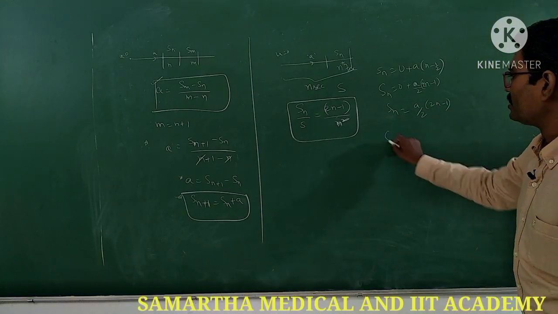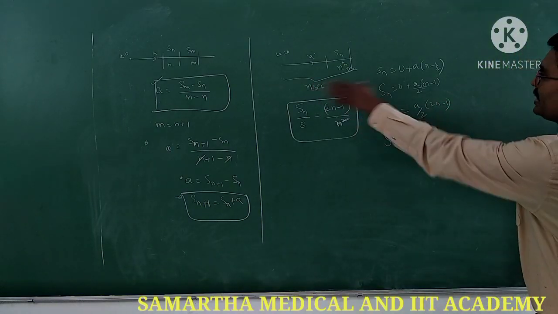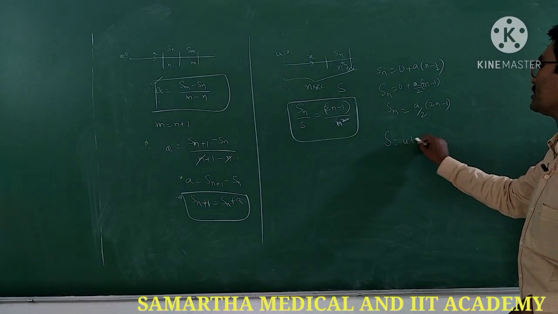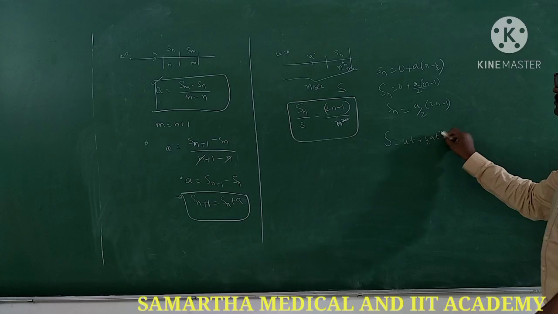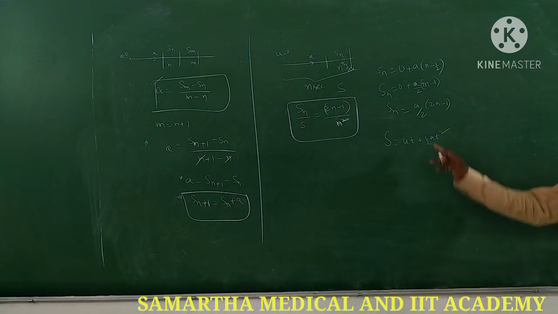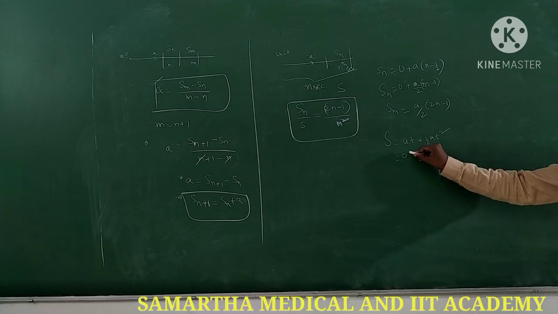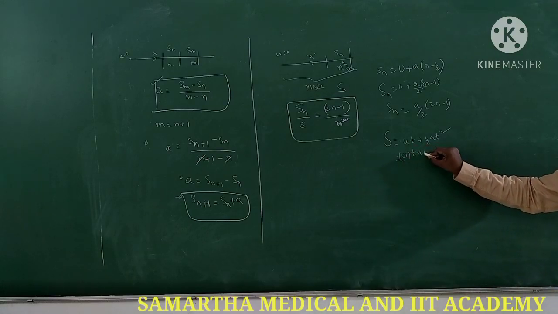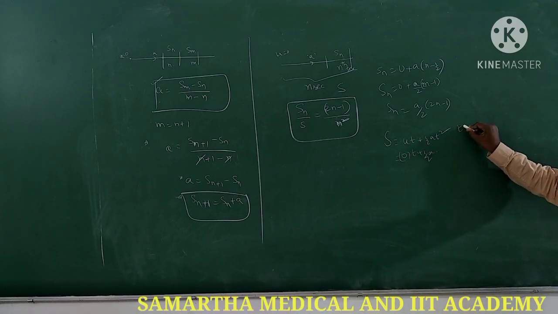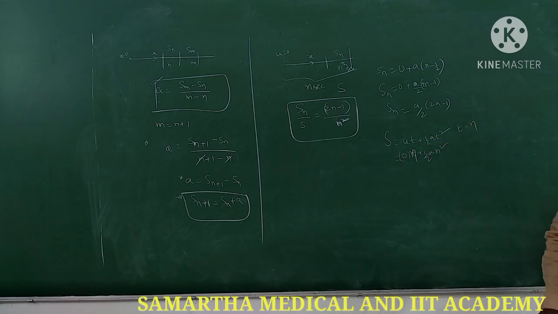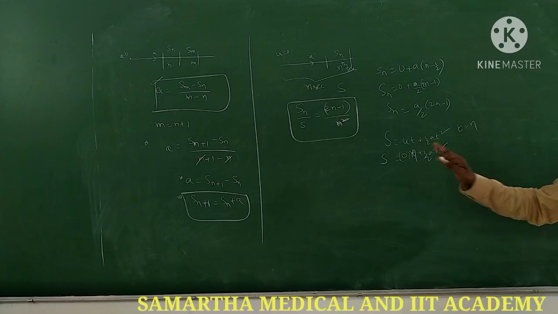Similarly, for a body starting from rest, I need to calculate the distance covered in the entire n seconds. S equal to ut plus half at square. Okay? So in that situation, u is 0. So 0 into t plus half a into t, and t is n. So 0 into n plus half a n square. That is the distance covered for the complete n seconds.